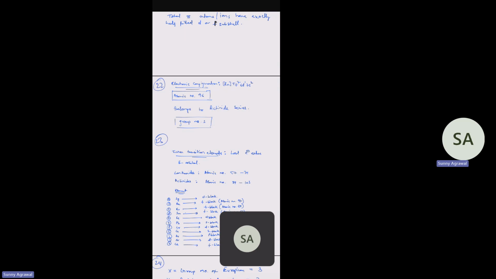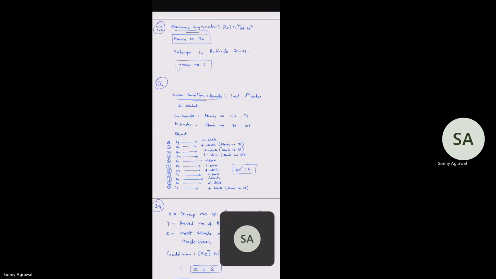Question number 23. There are some elements given. We have to identify the inner transition elements. Okay, so here